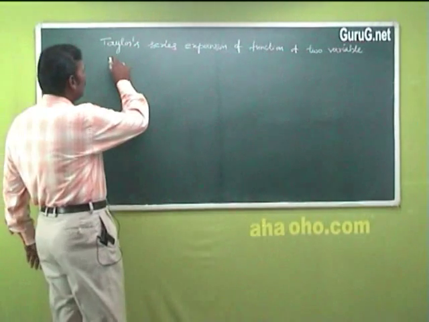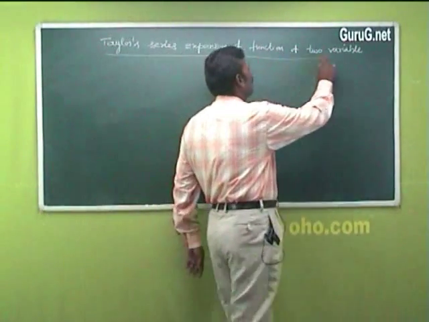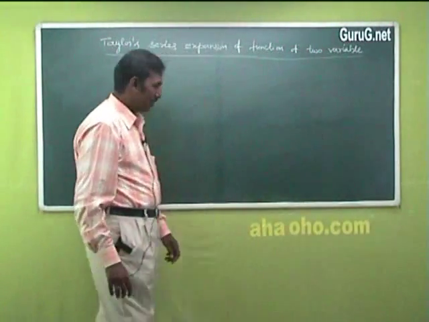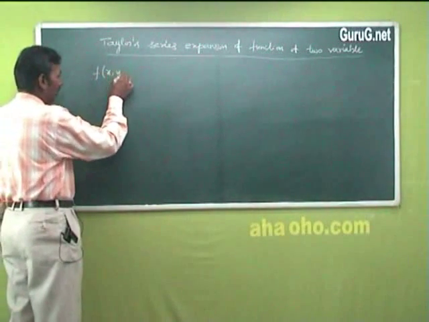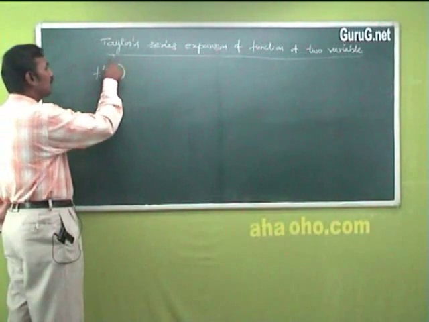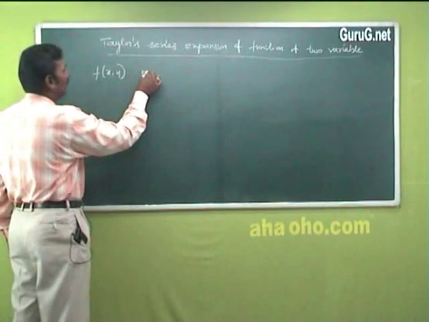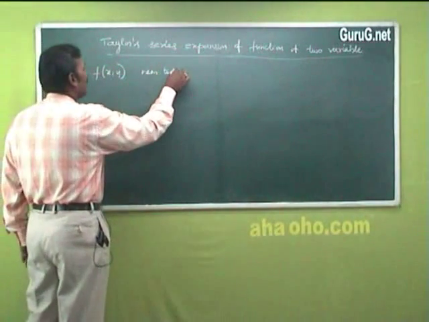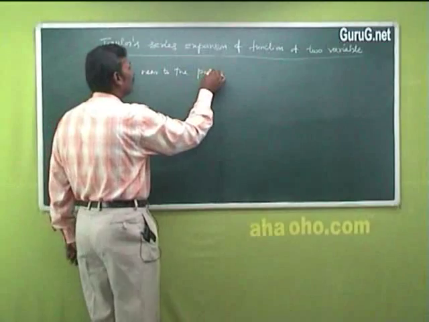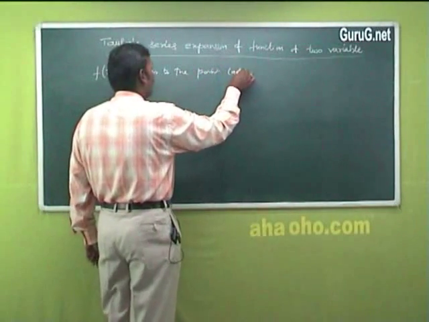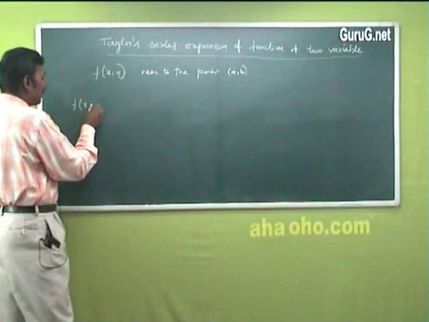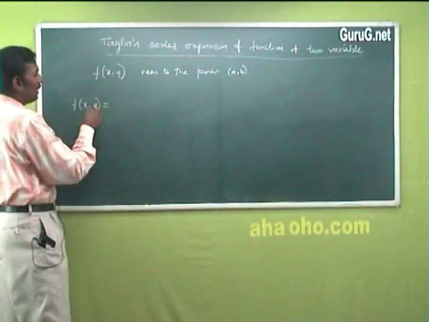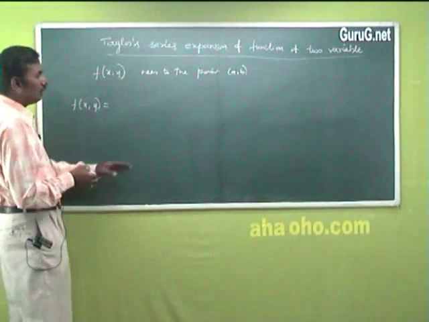Next topic, Taylor series expansion of function of two variables. Let f be a function of two variables x and y. I have to expand this function near the point a comma b. I can take this f of x comma y and expand this function as an infinite series near the point